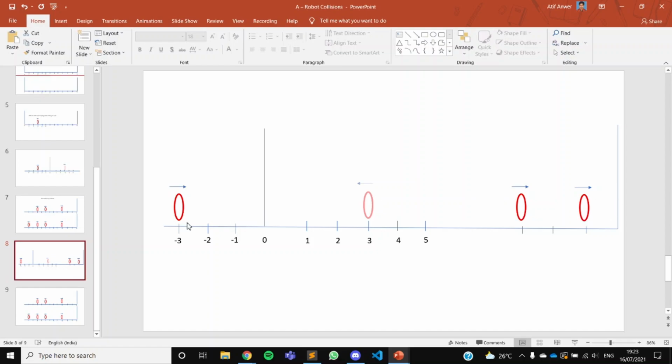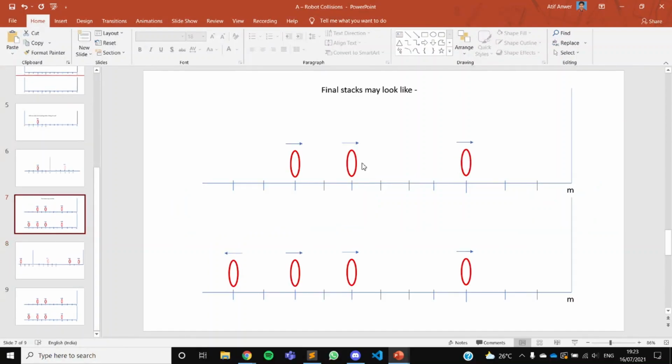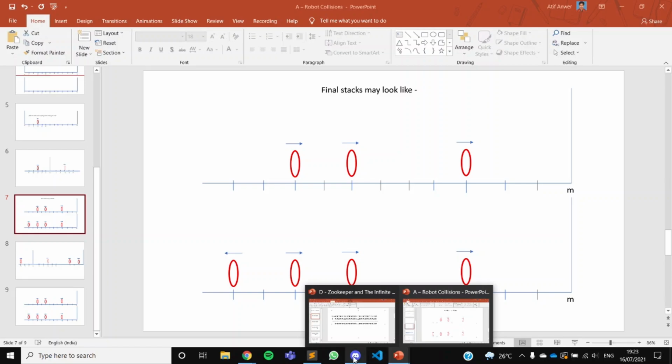Now one observation we can make here, that if there are suppose a bunch of robots moving towards the right, this will reflect and hit this, and then this will reflect and hit another one. So basically you can either have no robots left or one robot left in the end. So in this case, there will be one robot left. But in this case, since you are considering it coming from the right, from minus k position, no robot will be left. So at the end we can say that from the even section there will be either 0 or one robot left, and same way for the odd section there will be 0 or one robot left, since the even and odd are never going to collide with each other.